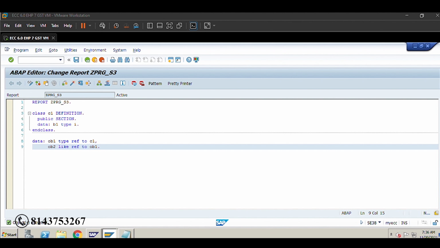Okay. So SY-SUBRC is a major and the most important system variable, regularly used in each and every program. What does it do? It tells whether the previous statement was executed successfully or not.